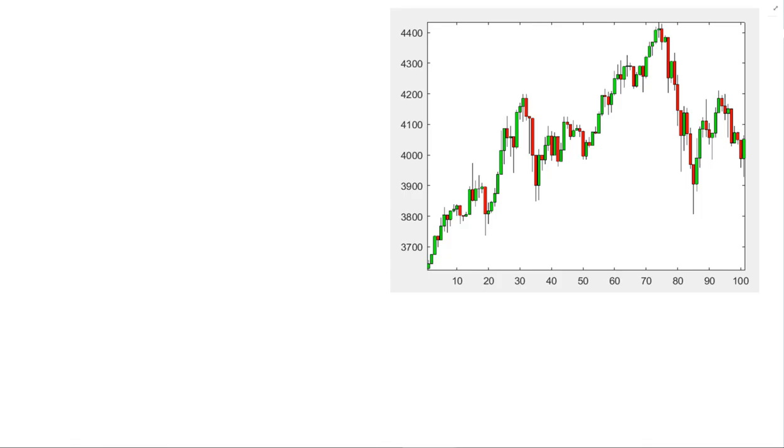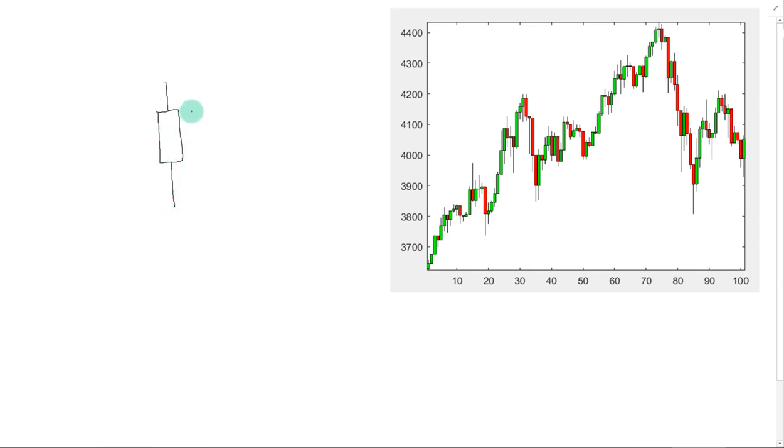In this video, we will learn what a candlestick is in finance. A candlestick is composed of a body and wicks, which together indicate what the open, high, low, and close price were during a given period of time. A typical candlestick looks something like this,